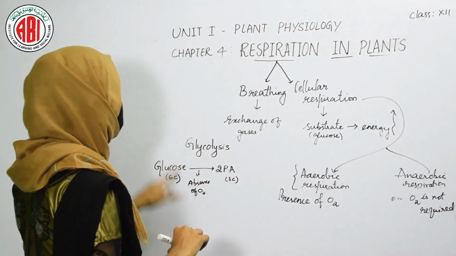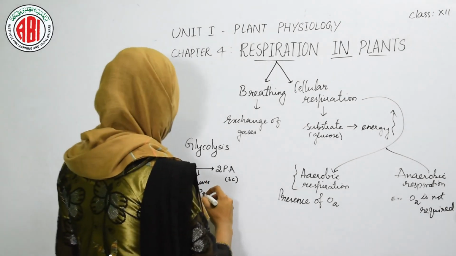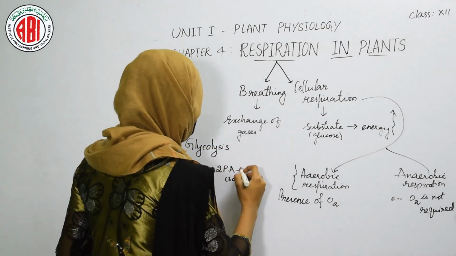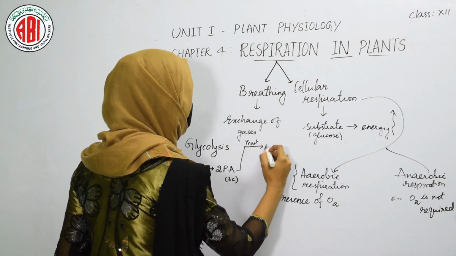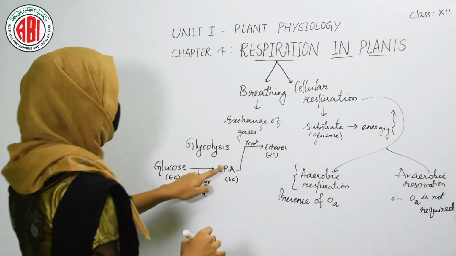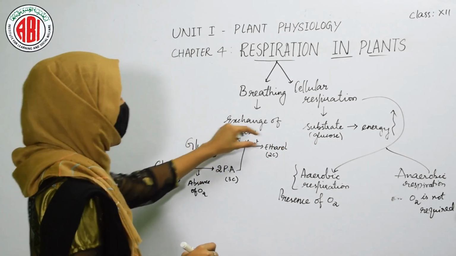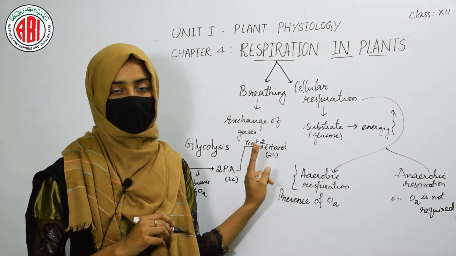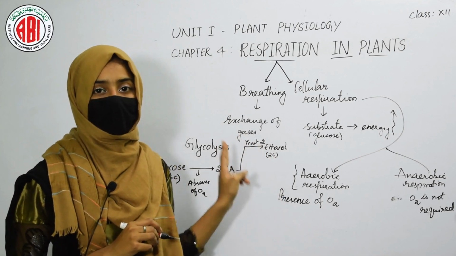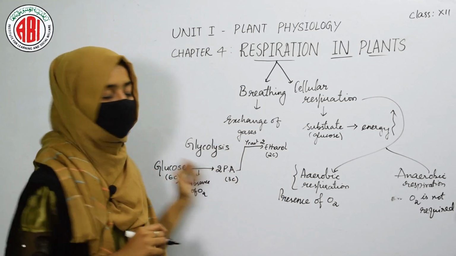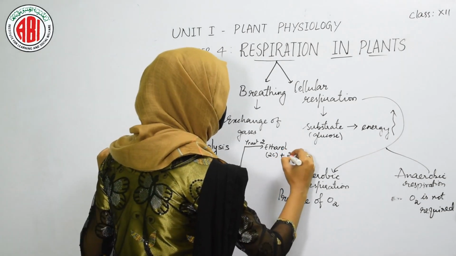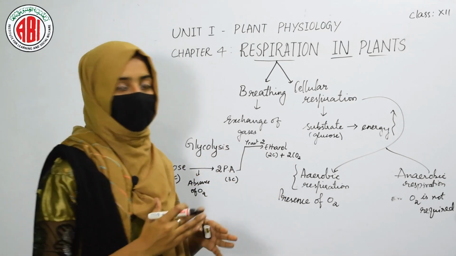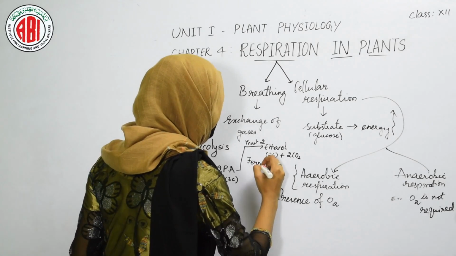This process is called anaerobic respiration, and when it takes place in yeast, the pyruvic acid gets converted into ethanol. Ethanol is a 2-carbon compound. When pyruvic acid gets converted into ethanol, it gives rise to 2 molecules of ethanol, which means in total we get 4 carbons. The remaining 2 carbons of the pyruvic acids are released in the form of 2 molecules of carbon dioxide. The process where pyruvic acid is converted into ethanol is called fermentation.